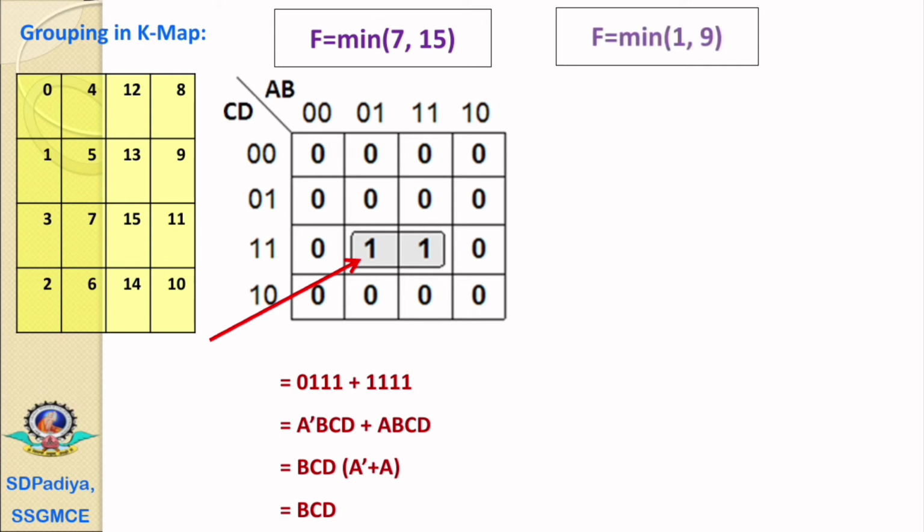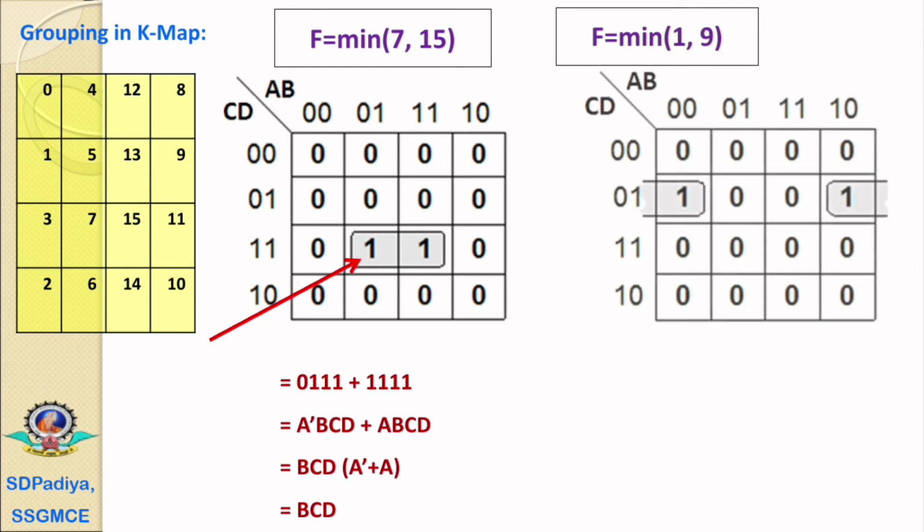The next is a function with the min terms 1, 9. Again, we have to construct a K-map with 16 cells. For the cell designation 1 and the cell designation 9, we have entered 1, 1. The first 1 belongs to the first column and the second one belongs to the last column, and the first and last columns are considered adjacent. Therefore, we have formed a group of these two variables.